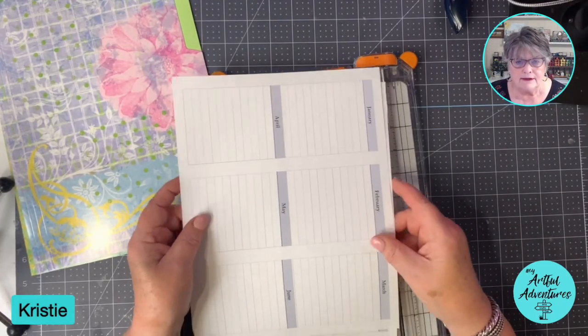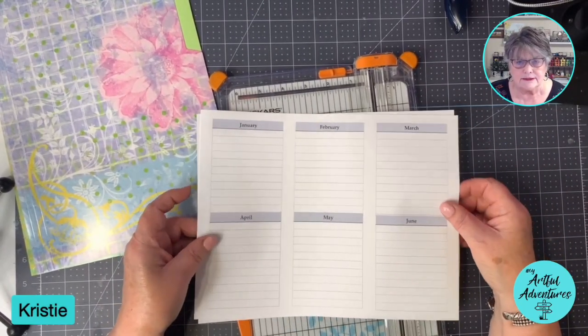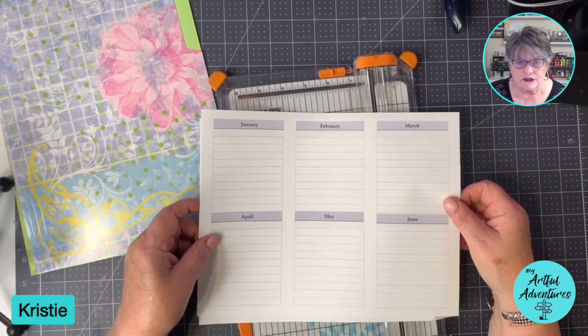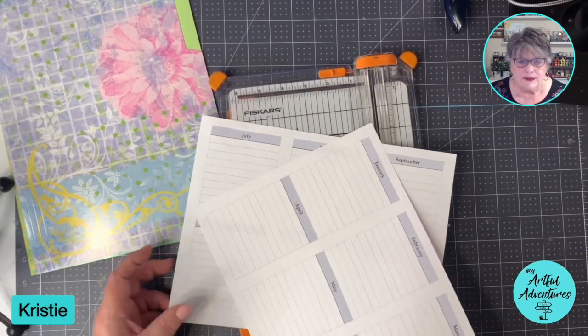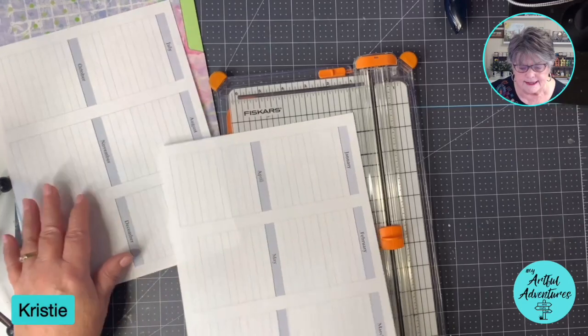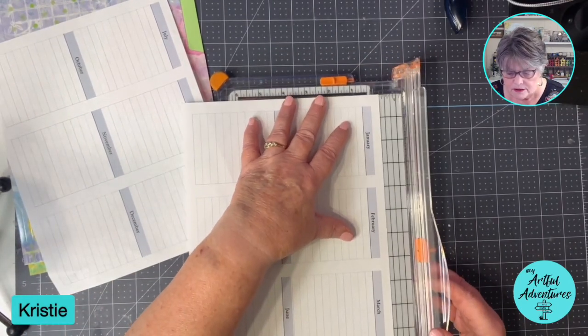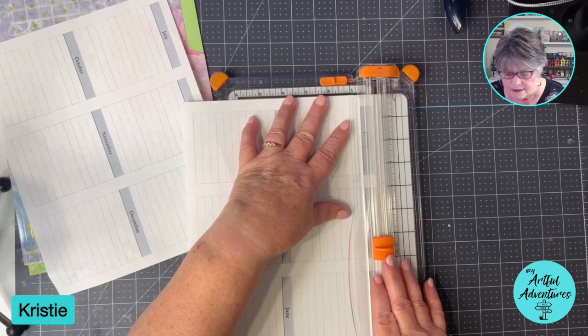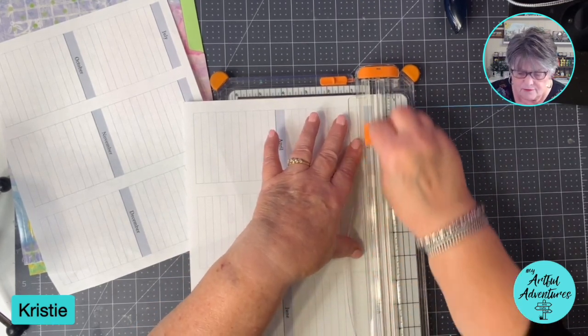So I have a link for you guys for these little calendar pages. There's 6 months on each sheet, and they're just short, but probably the number of birthdays or anniversaries that you want to keep track of aren't so many that you can't get them on here, right? And I'm just going to trim off the excess